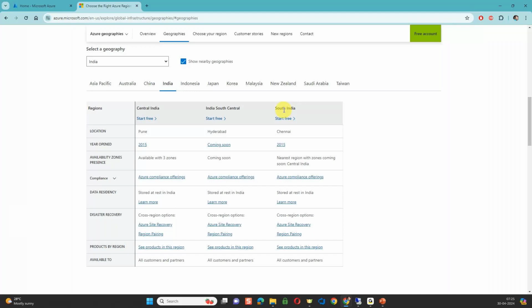So when you work with your customer, you have to ask them which of these available regions they want. Of course, Hyderabad is not yet available. So you have to ask your customer, if the customer is based out of India, where is your business located? Is it close to Central India or South India? If they are in North India, then obviously Central India, Pune is what they should choose. If the customer business is located in South India, then they should choose Chennai,